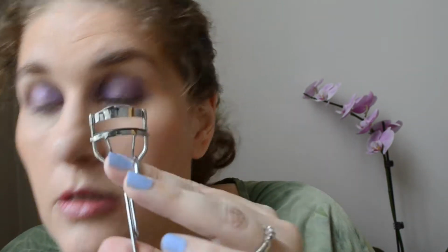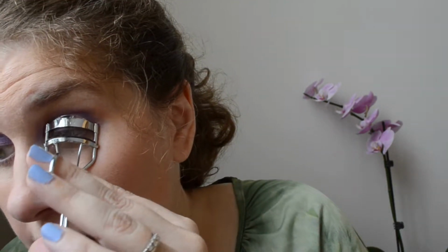Okay, next what I'm going to do is use Tarte, but before I do that, I want to actually curl my lashes because I'm going to be using false lashes with this. So I don't use these a lot, and I'm using the NYX Lash Curler, and you just want to gently get your lashes in there